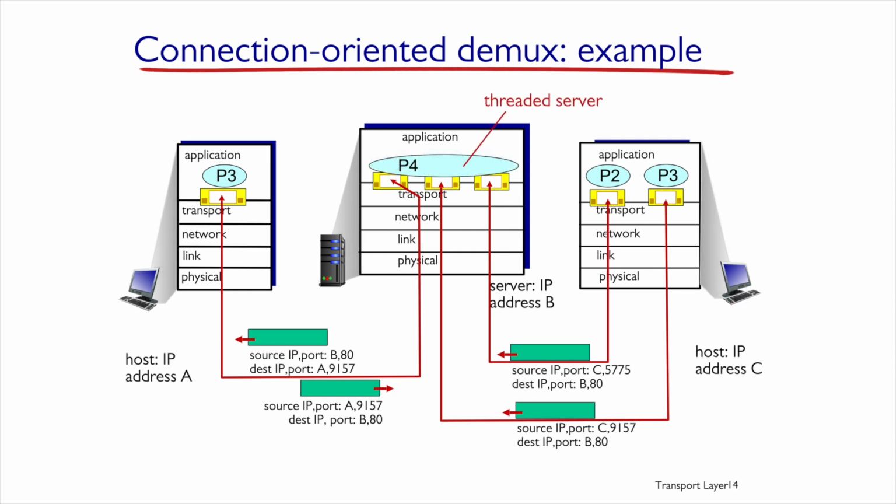Furthermore, the process can listen to several sockets. We can say that every thread in that process will listen to a different socket. This is exactly what you see now. The example here has process P4. In contrast to the previous case where we had several processes on the central host, we have a single process, P4, which is listening to several sockets, each in a separate thread of the process. Still, we know how to identify every socket used by each thread because we describe the appropriate connections by the quartet. And we know how to get the right thread in the process.